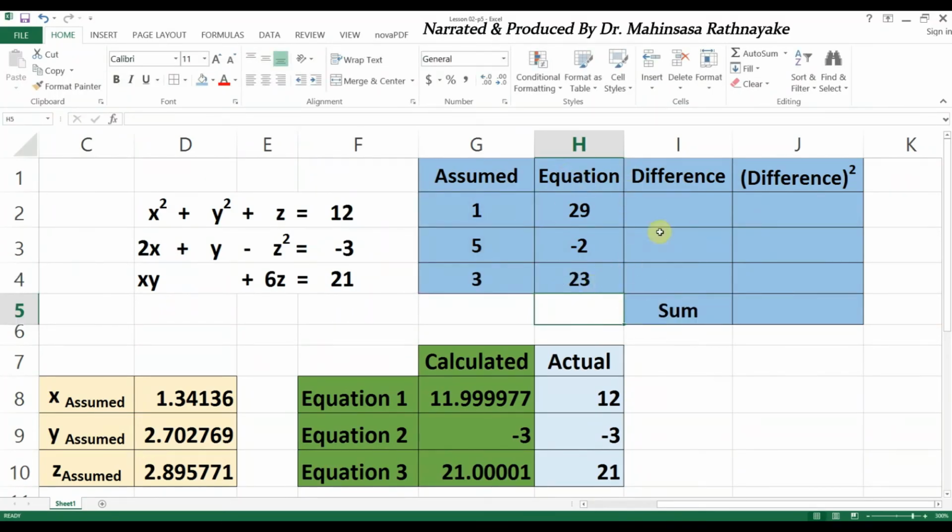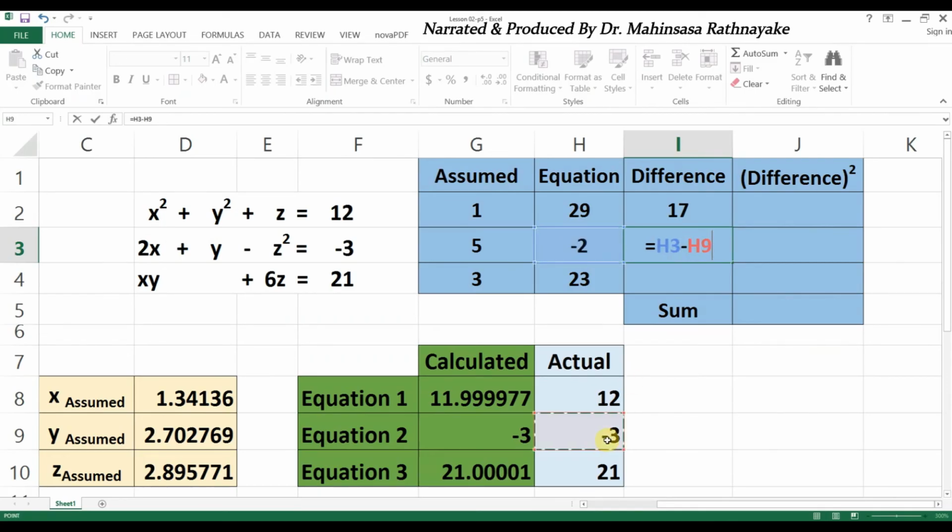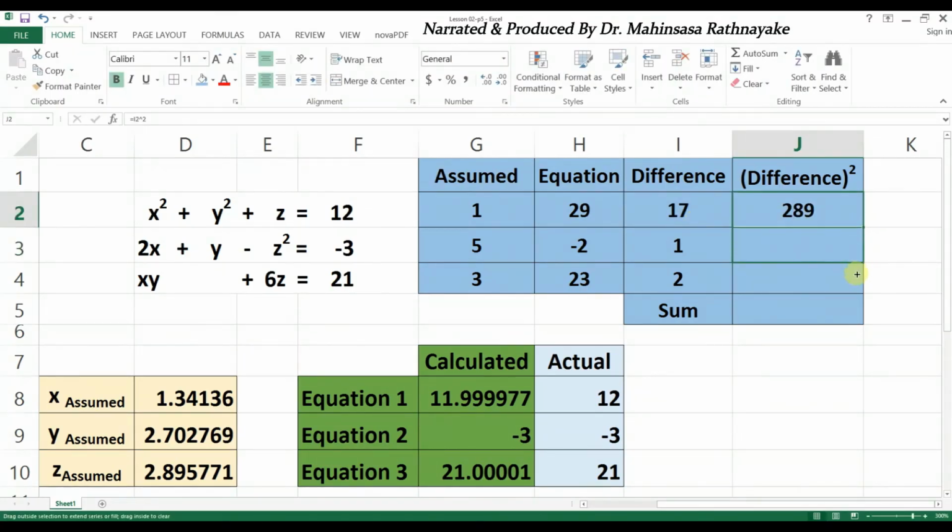Then let's create an adjacent column for the difference between the equation value and the substitution of assumed values. Then the next column for the square of the difference. Then take the sum of the square differences.